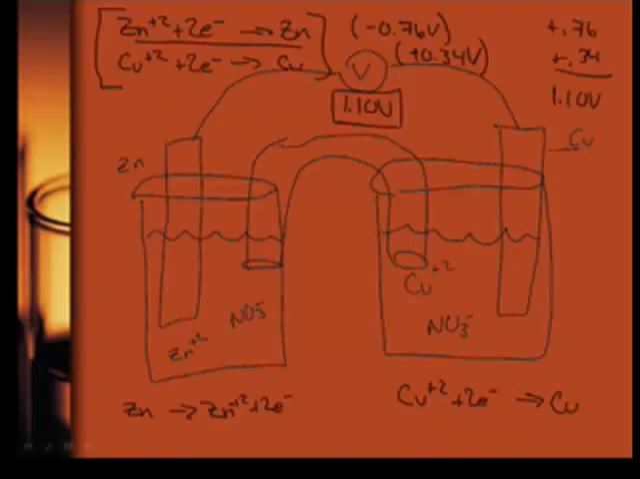The zinc is being oxidized. That looks like oxidation to me. So this is called the anode, and this is called the cathode. By the way, the anode has a negative sign, if we had a battery, and the cathode is positive,